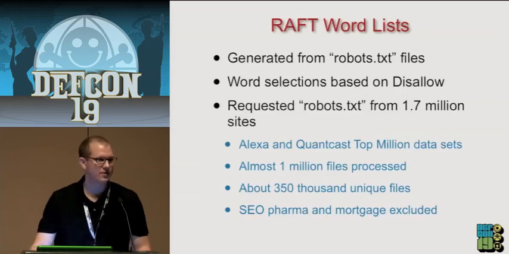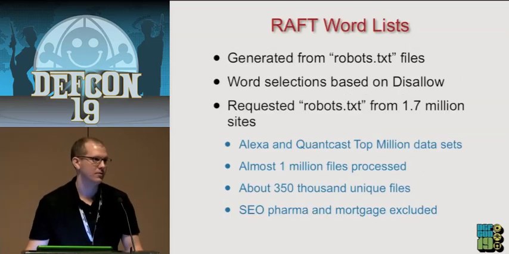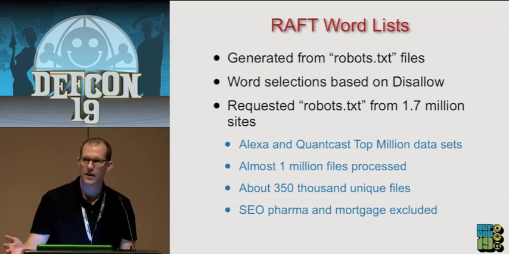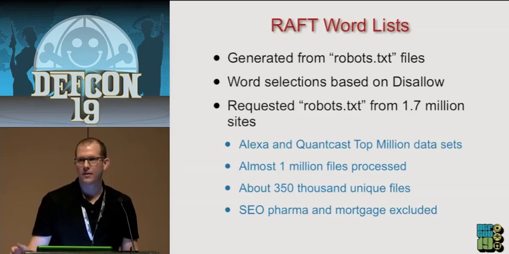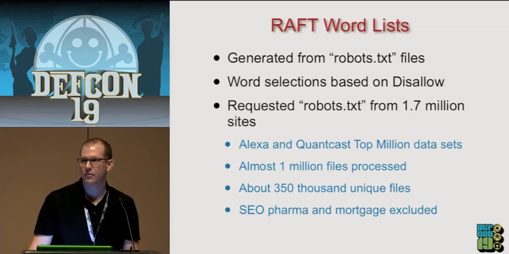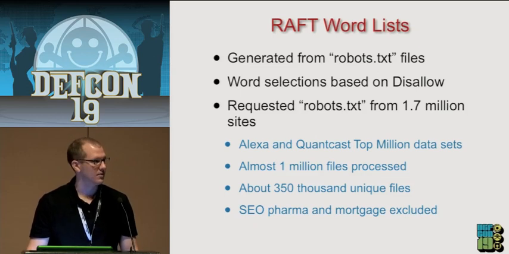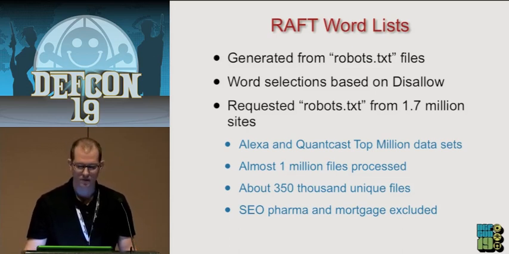So that led us to say, well, we need to generate our own word lists. How do you approach this problem? And we said, well, let's think about some way that we could go out and find words that people are telling us not to look for. If you're familiar with the robots.txt exclusion standard, basically webmasters mark parts of the site that they don't want Google spidering. Maybe there's sensitive data there, or maybe it's underlying web application components. Those are the kind of things we're very interested in when we're doing an assessment.